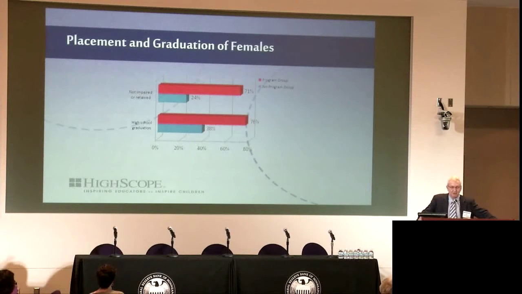I'll just flip through these long-term findings. I think you're familiar with them. The placement and graduation of females is an interesting story. We've not focused on it too much because we've not been all that focused on males versus females. But for the academic placement effects, you see the differences there between impairment or retention for girls is very large, and the high school graduation rate is very large. In fact, they're the largest effects in the whole study. And it was only for girls, but you can see that they persisted.